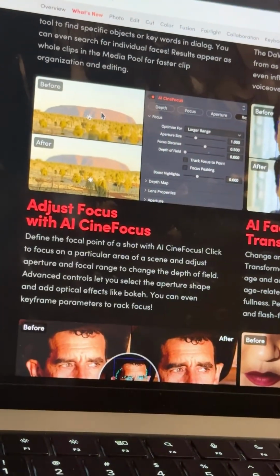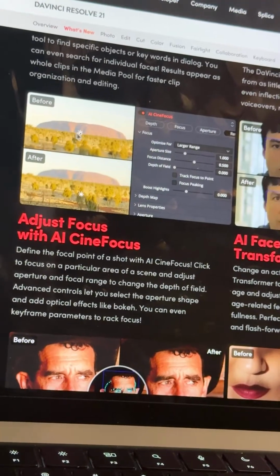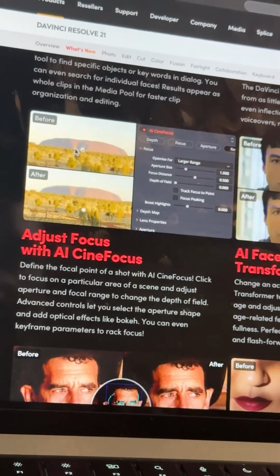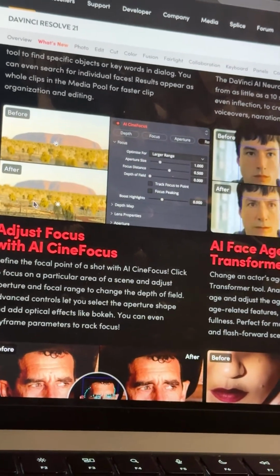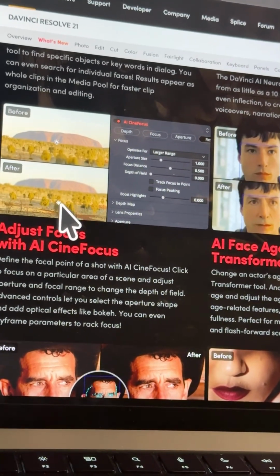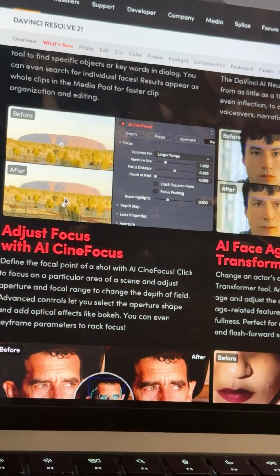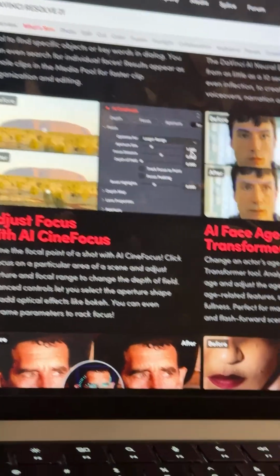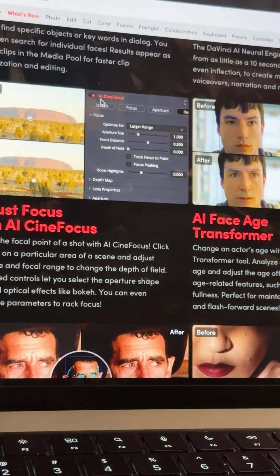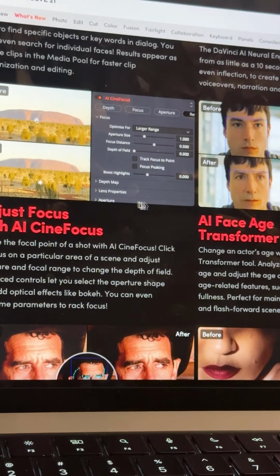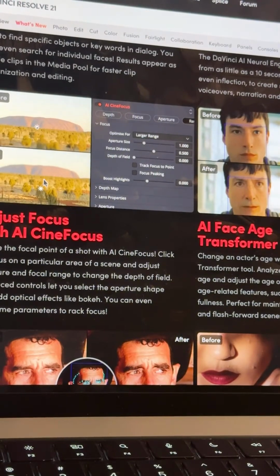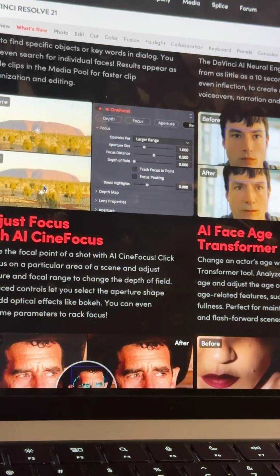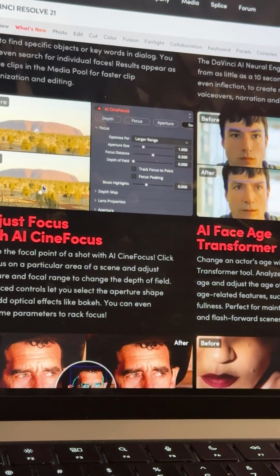Or, oh, sorry, the center piece was in focus, and in the after, now those trees and shrubs in front are in focus. Oh my god, and there were the settings and all that, AI Sign Focus. So it'll allow you to actually fix your focus, so this is going to be so amazing.